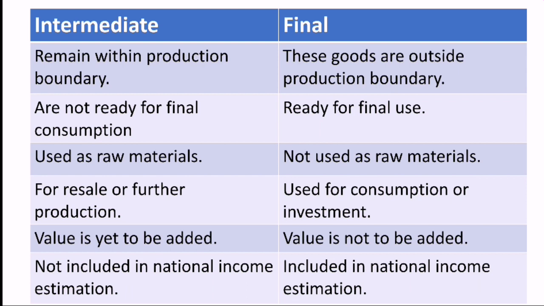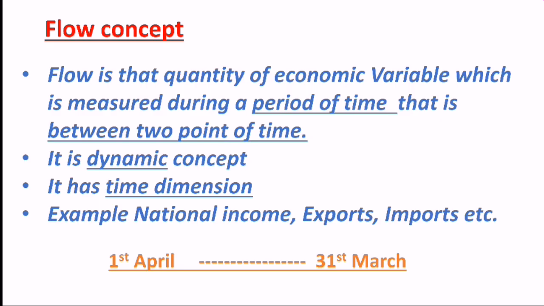And always remember that intermediate goods are not included while estimating national income, but final goods are included while estimating national income. Why are intermediate goods not included? Because they will lead to the problem of double counting. Now, here also, whether a good is an intermediate good or a final good depends upon its final use. For example, if I am buying bread for self-consumption, then that will be a final good. But if I am using that bread for making sandwiches and then selling them to consumers, then that will become